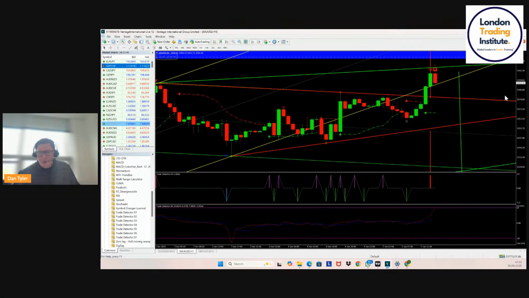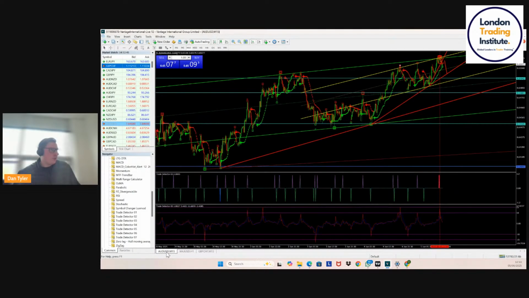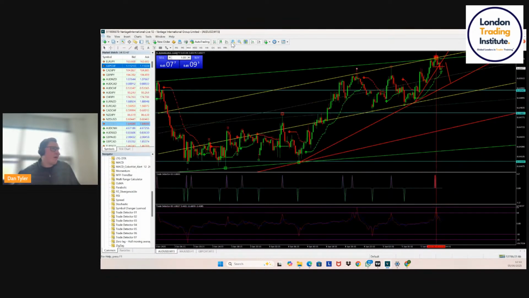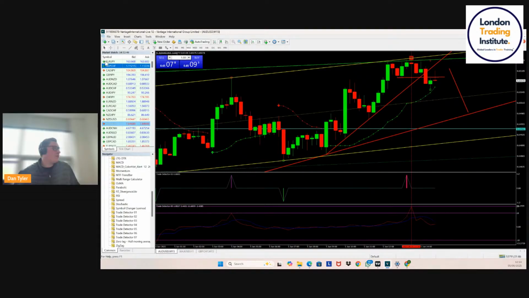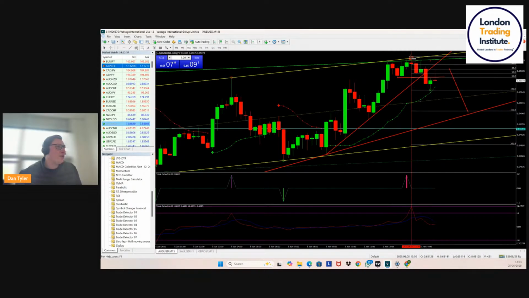Absolutely incredible. But this is the type of market we want to get involved in. For those that are slightly riskier traders, you can also look at using Fibonacci. And here would have been a lovely potential entry point to get in. And this is a really, really nice target.